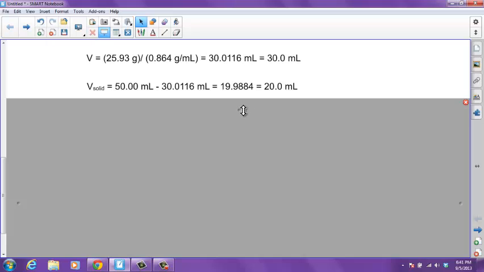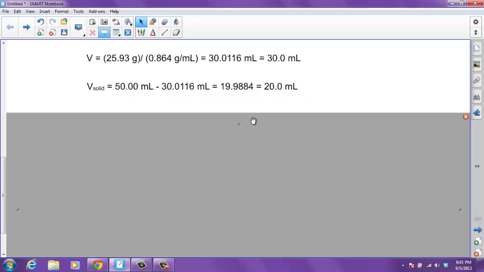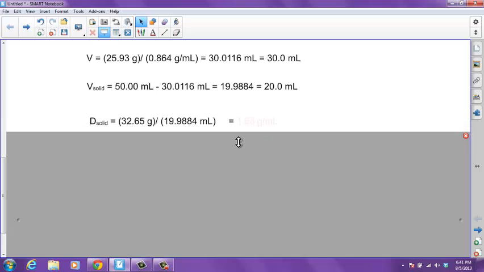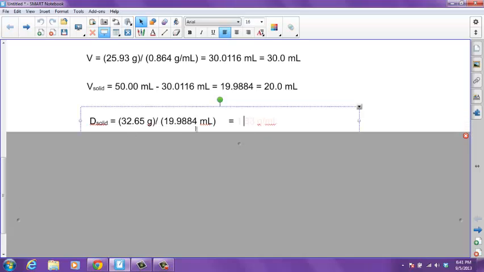Alright, the next thing we need to do is actually solve for the density of this unknown solid like it asked us in the beginning. Okay, we can use the standard D equals M over V equation and just plug everything in. Okay, so here I've plugged it in for you already. It's the 32.65 grams that were given in the very beginning, dividing by the volume that we just calculated for the solid,